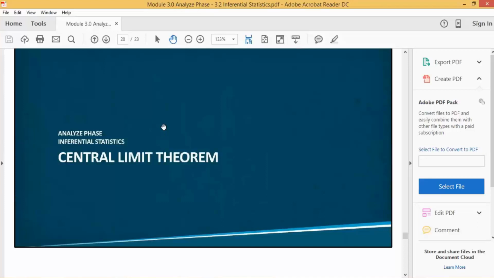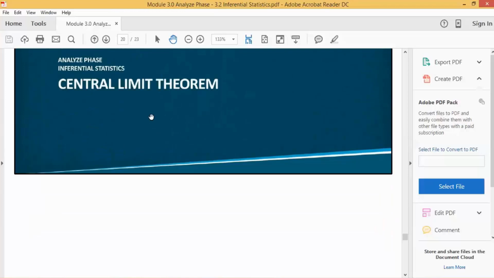Most important, slide number 20, analyze phase, central limit theorem. This should be asked in the exam. Central limit theorem. You have heard about theorems in mathematics, no? Somewhat the same thing. This is a theorem. Everybody, I think, has done engineering. Some have done Ayurveda, but some have done engineering. They must have come to know about theorems and all. Okay. So please note that